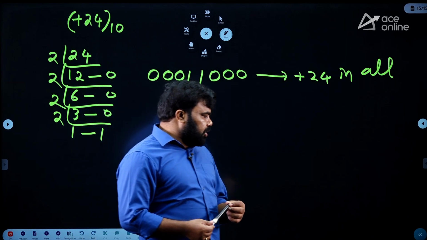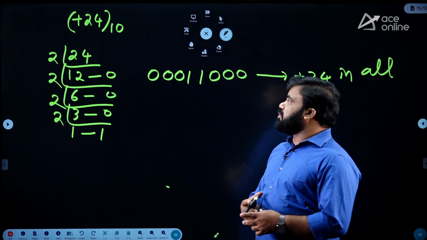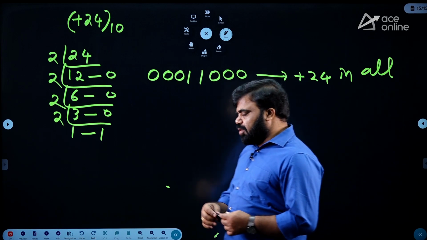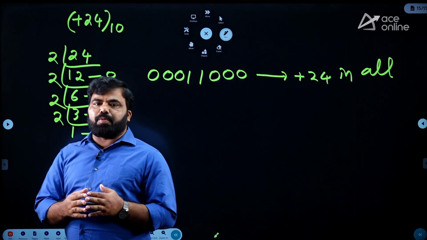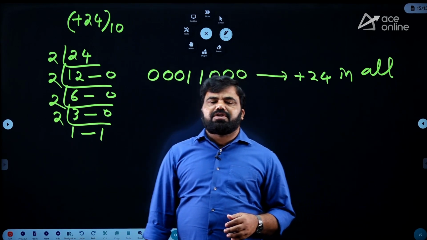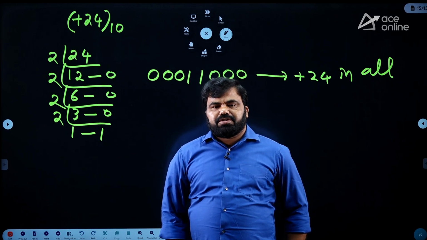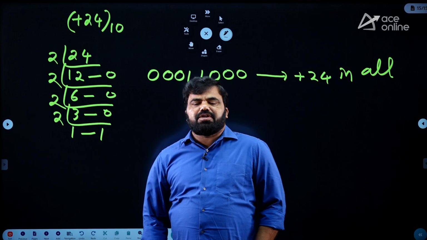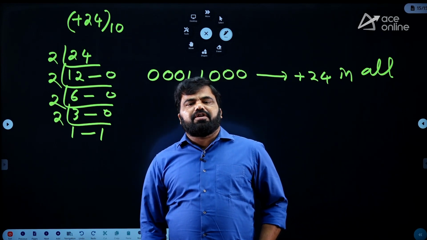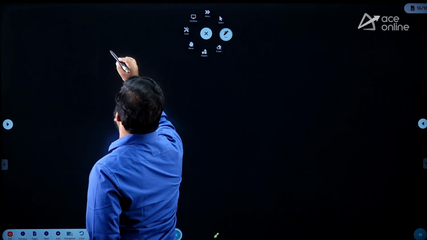And one more thing about these signed numbers: signed magnitude, 1's complement and 2's complement. Sign extension is possible in 1's and 2's complement representation, but sign extension is not possible in signed magnitude representation. A simple example can give you clarity. If I take a signed magnitude representation,